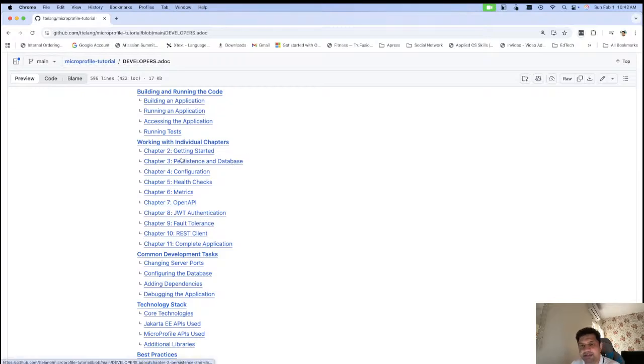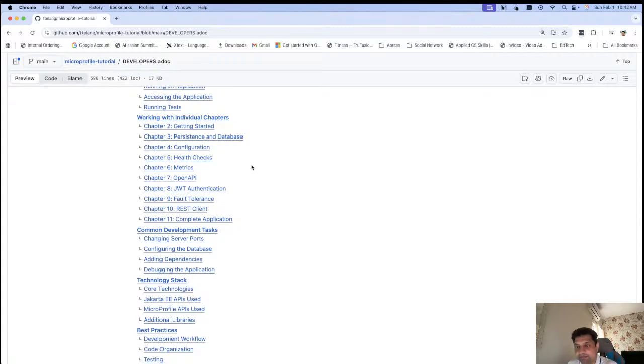So there are chapters where we'll be building the REST-based services. We'll be adding persistence and a database to the microservices. We will make them configurable, dynamically configurable through various techniques: using environment variables, using configuration files, and using APIs, so various options will be covered. We'll be covering how to write health checks for microservices. We'll be covering how to trace performance metrics, how to make a